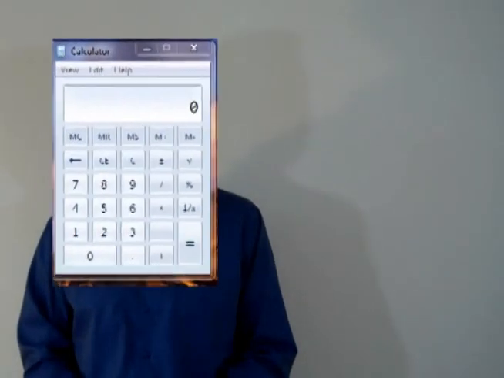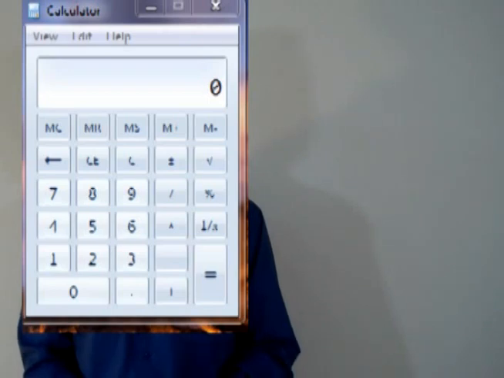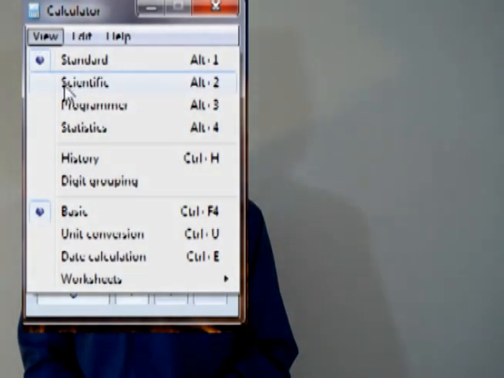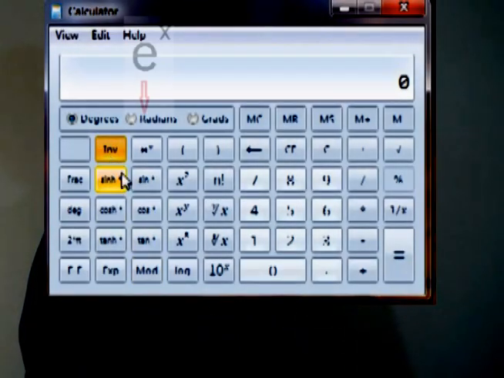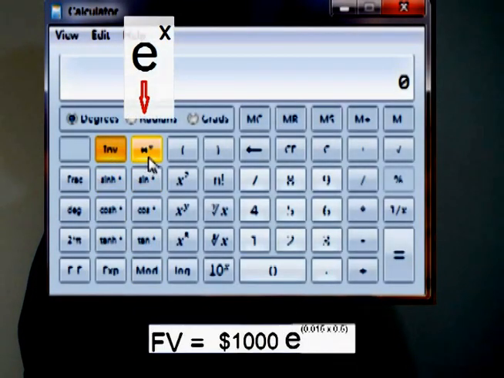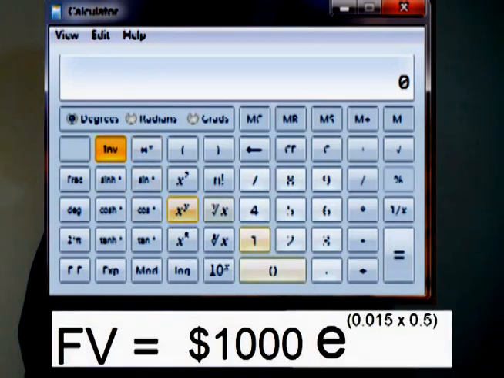Let's solve that on a calculator. Using a calculator that comes with the computer, we select the scientific mode in the View menu. We then hit the key marked inverse to display the proper function choices. Start by multiplying the risk-free rate by the amount of time. In this example, we multiply 0.015, which is 1.5% in decimal form, by the time, which is 0.5 for 1/2 of a year. 0.015 times 0.5 equals